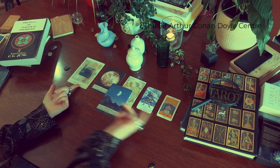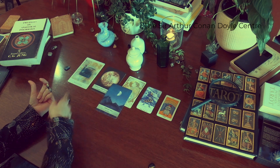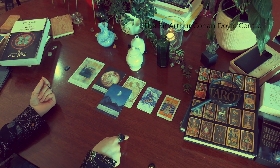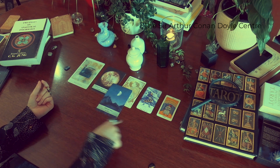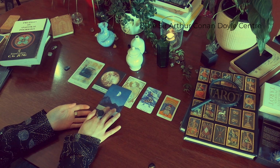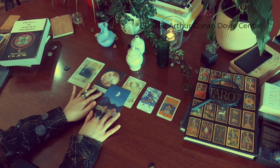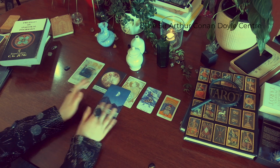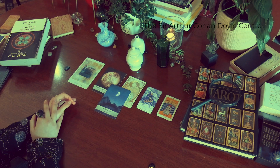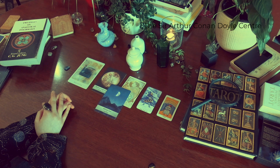I mean, because we have cups, there is that emotional side to you, but I feel like because it's 8 and 9, it takes a while from the ace. So we have ace, 2, 3, 4, 5, 6, 7. So once somebody goes through all of these stages, this is when you show your more emotional sides. So I think it's good. It's as if people have to work their way through. They have to really prove themselves to you, and once they do get to that 8 and 9,